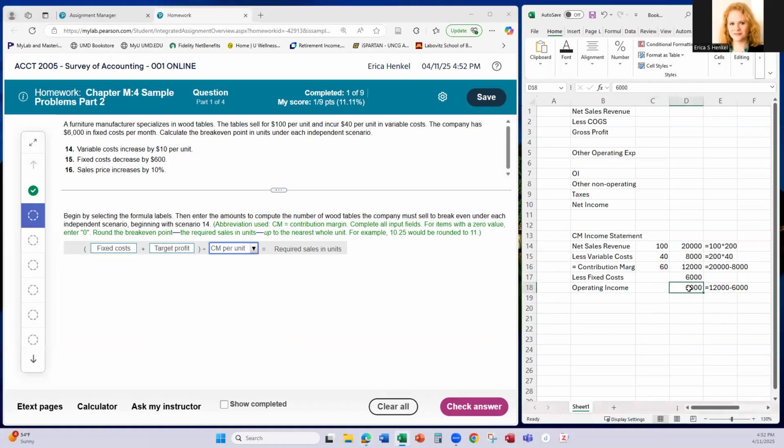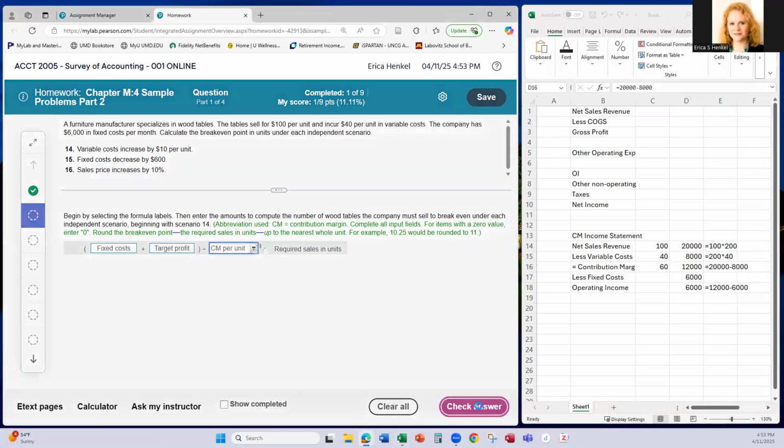If we wanted to make $6,000 in operating income, we'd add the fixed cost of $6,000, and that would tell us we would need a total contribution margin of $12,000. If we take that $12,000 divided by the contribution margin of $60 per unit, that would tell us we would need to sell 200 units in order to reach that level